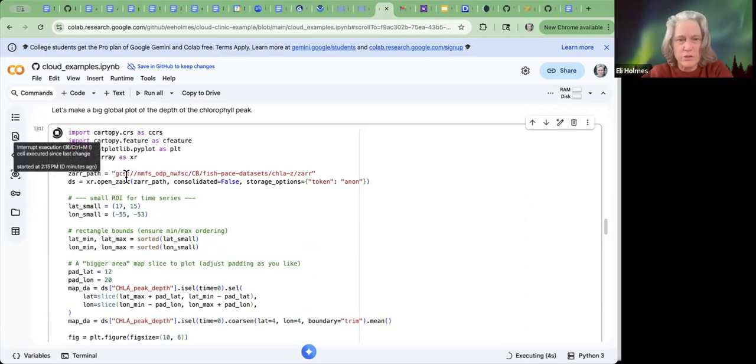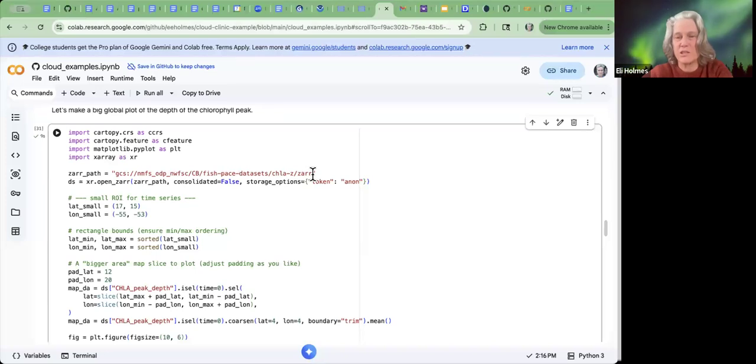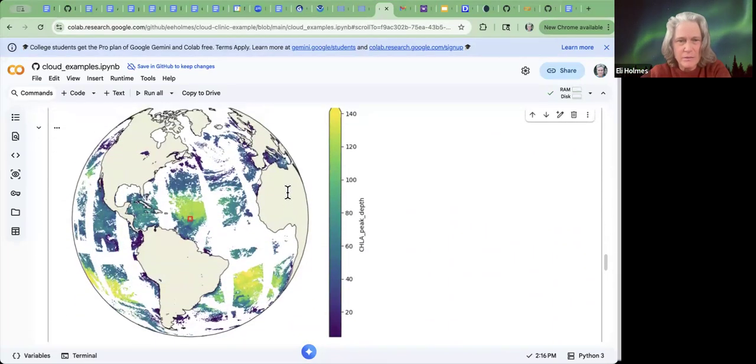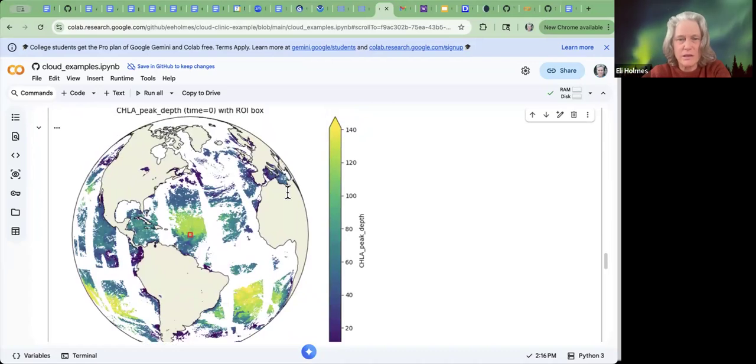So what's going on here? This is a 2 terabyte data set. It's a gridded data set. Again, I said it's a Zarr. If you use NetCDFs, it's a different format. This is kind of like that, but more efficient. It opened it all up and we can scroll down and look at that. It made a cool plot. So again, this is kind of amazing. We accessed a really big data set, but we only downloaded the bit that we needed. And you saw it happened really fast.